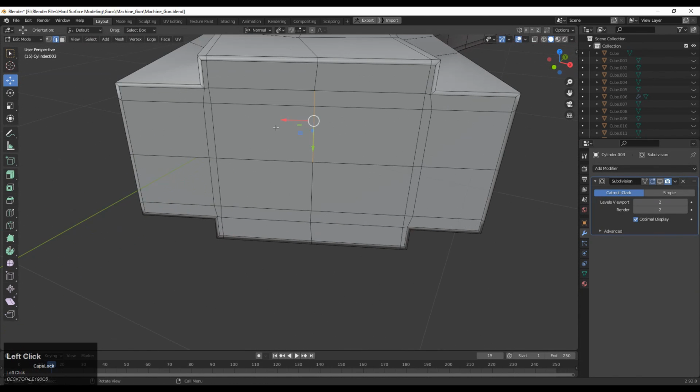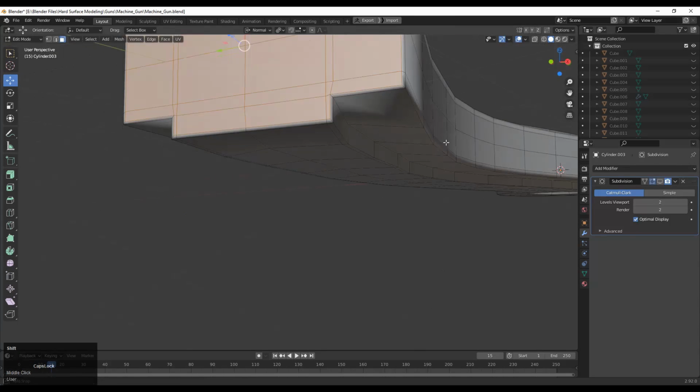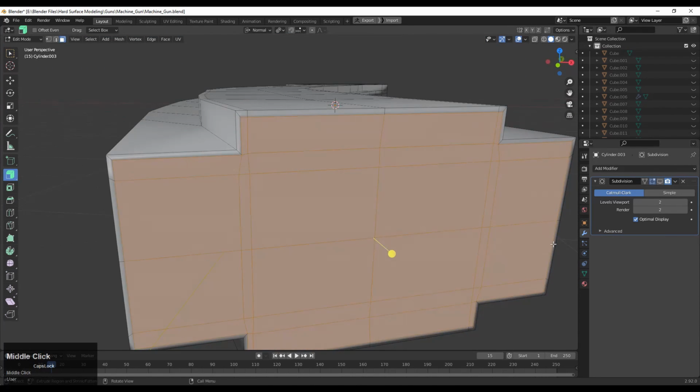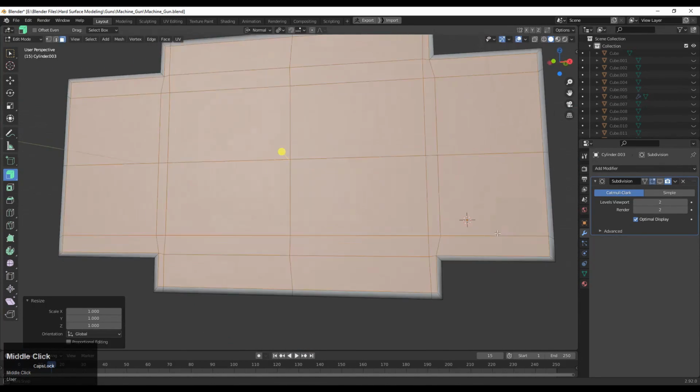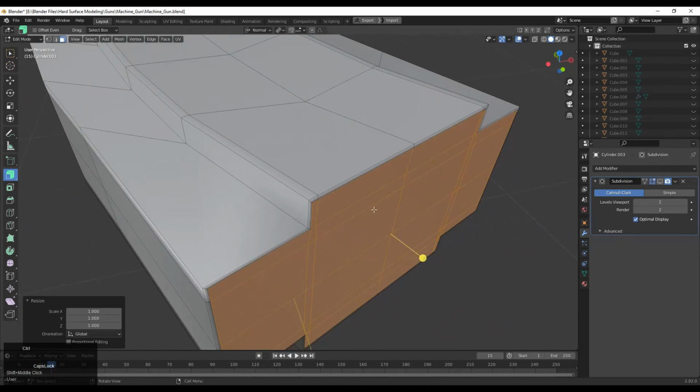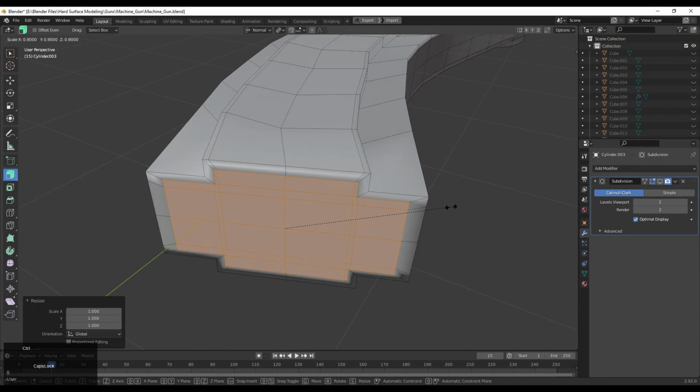So now we will add more details on this bottom part, so that's why you need to turn off your sub-D modifier and then you need to select these faces. So just shift select these faces and we will use the insert operation. You can see I have used the insert operation already there, but I want to create more details, so just scale it down a little bit, or we will just take it a little bit inside.